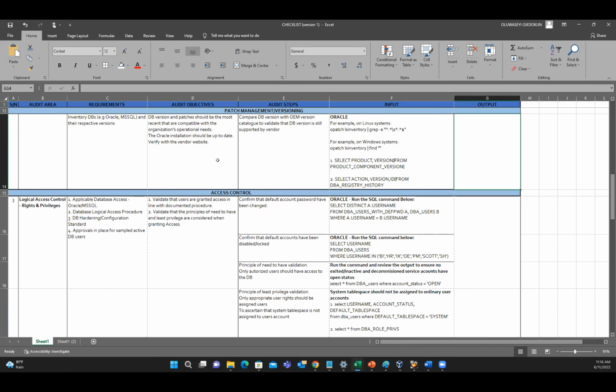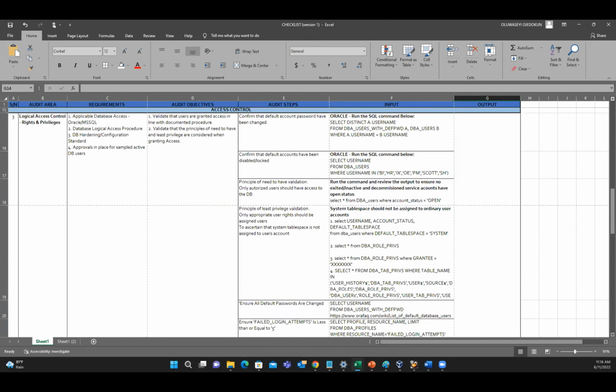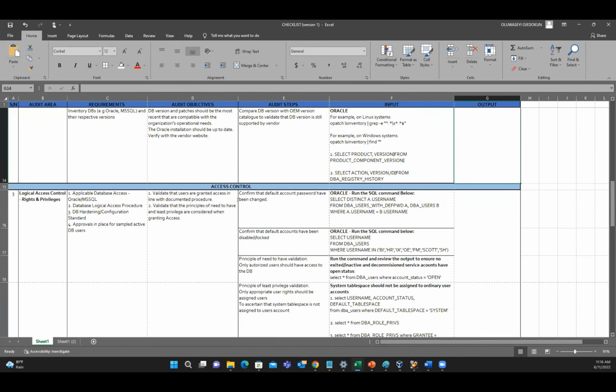So the next thing that we will be looking at is access control. And you know, when Tony and Ganiel were talking, the emphasis was laid on this, and nobody can actually leave out access. Who has access to what in the organization? So in the context of Oracle, we want to confirm on access control,